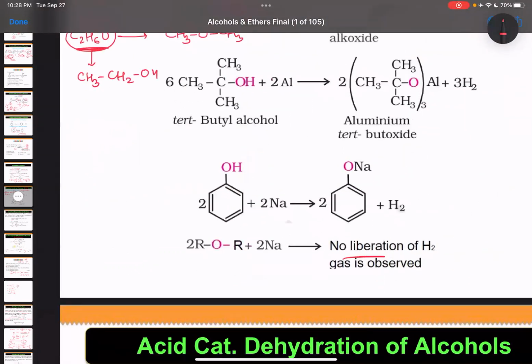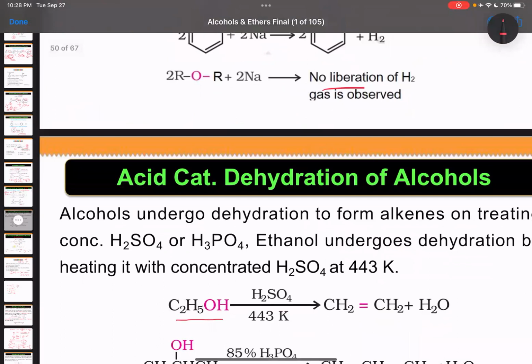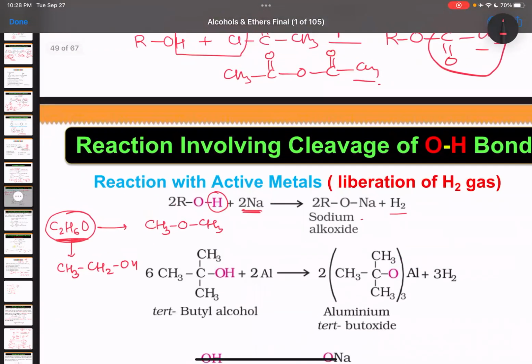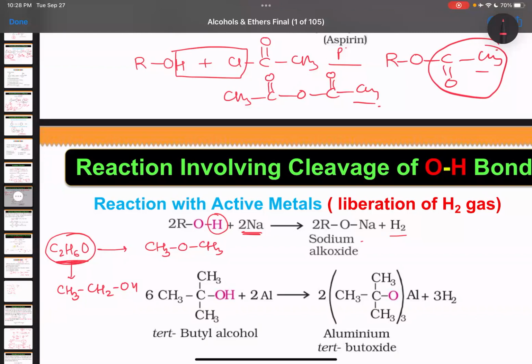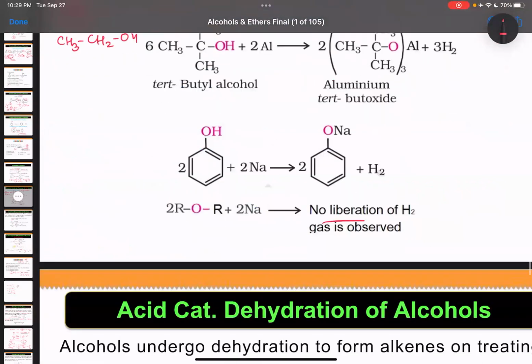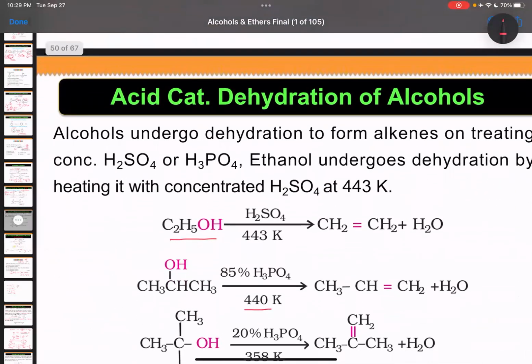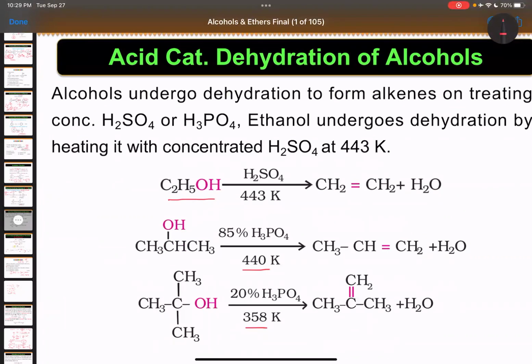But the drawback is it is not going to tell you whether it is primary, secondary, or tertiary. So which test you are going to use? Sir, Lucas test. Pardon? Lucas test. Yeah, Lucas test. That is going to tell you whether it is primary, secondary, or tertiary. Now let's move on to